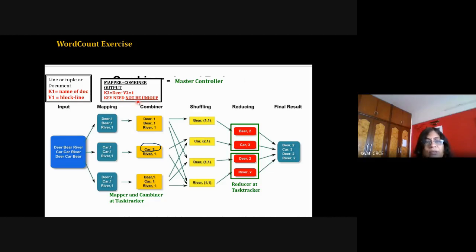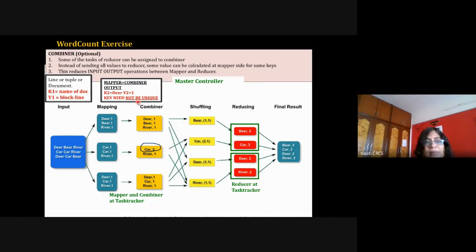Okay. Now these are the 3 statements which you can remember about the combiner, because especially on the combiner there is a question asked in the exam, where you can say that some of the tasks of the reducer can be assigned to the combiner. Here it is going to add beforehand, so some partial addition is done by the combiner at the mapper's location.